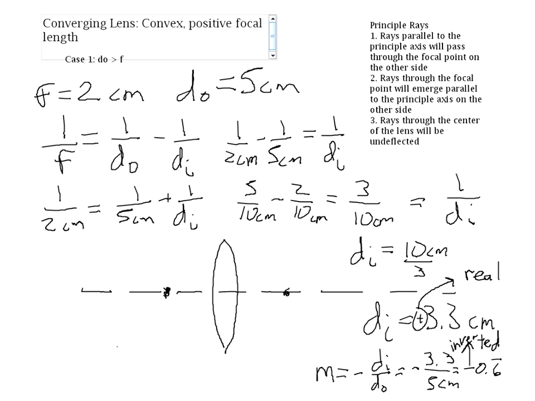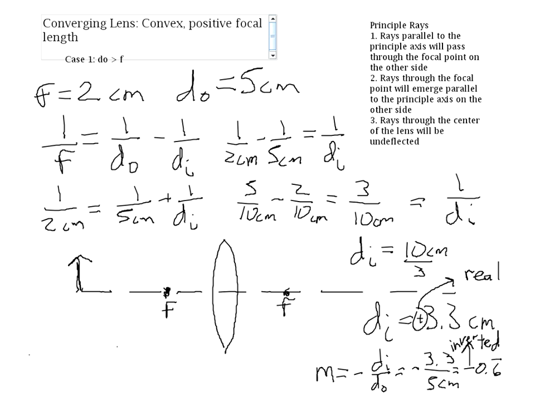So I'm going to put the ruler down on my screen, and I will put the object 5 centimeters away from the lens, which is right here. There's my object. Once you have the object and your lens drawn with the principal axis and you've marked your focal length on both sides, I'll just mark that with an F,